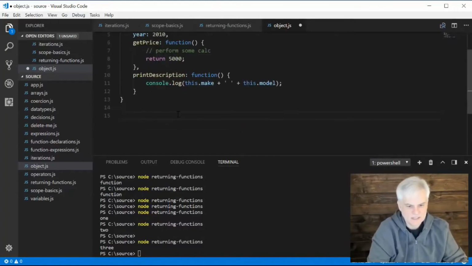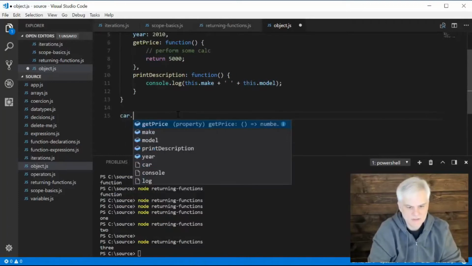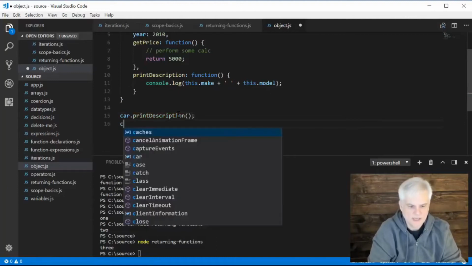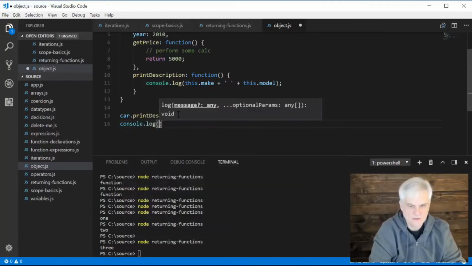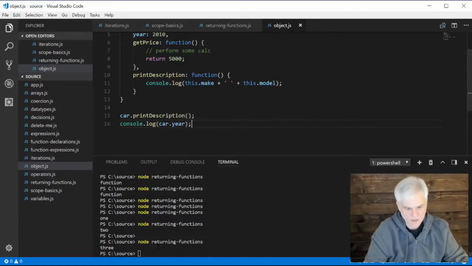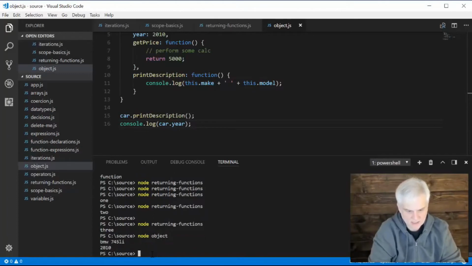Now let's go ahead and use the print description function like so. And let's use the year property like so. I'm going to save my work and then I'm going to type in node object. And the first printout is BMW 745 Li because we're printing out the make and the model of this car. And then here I'm just getting the year of the car and printing that out